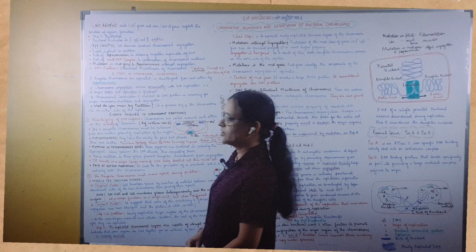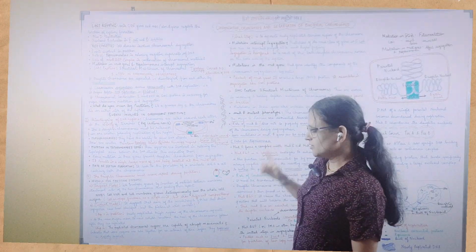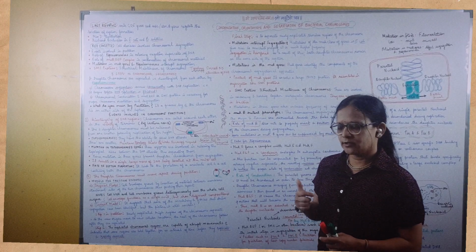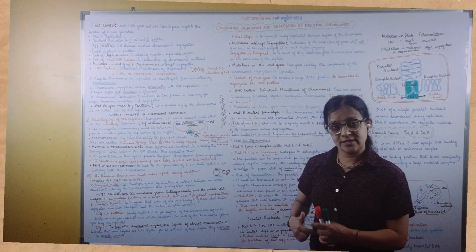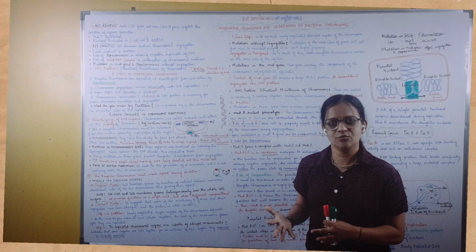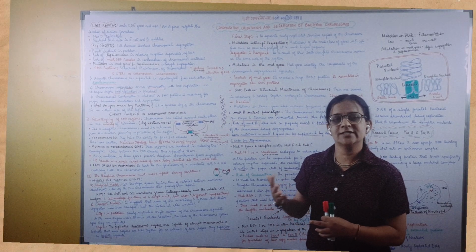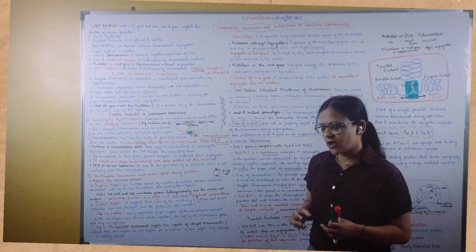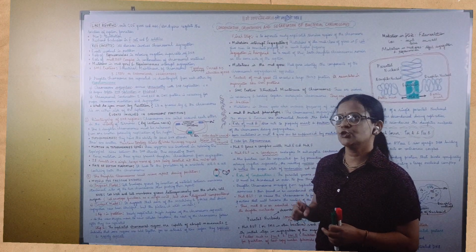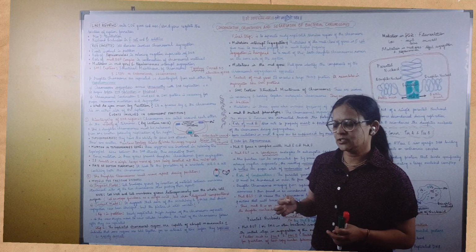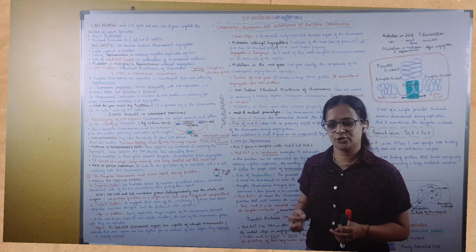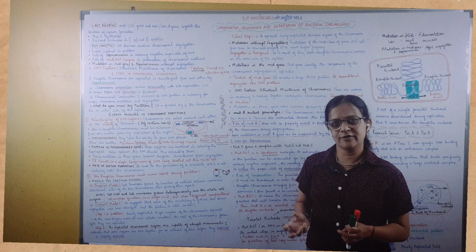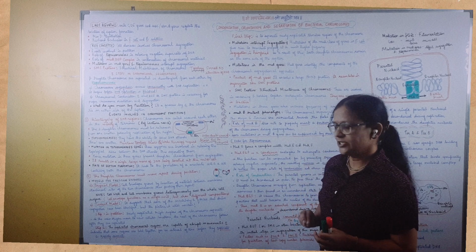What are the three steps involved in chromosomal segregation? Now everything is properly organized, as I said in previous lectures also, right from the location where the septum should be, how the septum is formed. You have a couple of genes involved in formation of the septum, that is the FtsZ ring, and a couple of proteins, right? You also have genes which will govern the shape of the bacteria. So each and every process in replication and cell division is tightly, or you can say in a very orderly fashion, regulated by genes and their products.